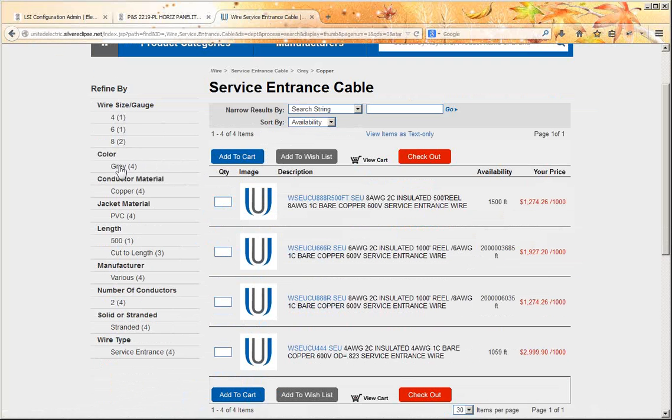Out of these 4 items, they're all gray and all copper because I had already refined by those. They're all stranded. They're all service entrance type, which is the category we're in. But there's a few things that are different. One of them's a 500 foot, and 3 of them are a cut to length thingy. And there's some different wire sizes to choose from out of these 4, so we can see those kinds of things. And if we click one of them,